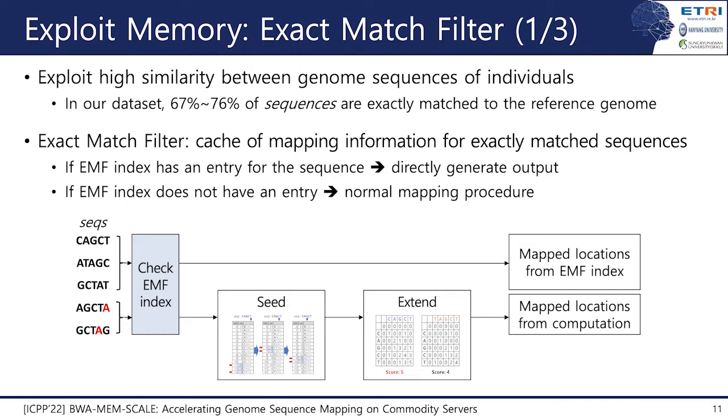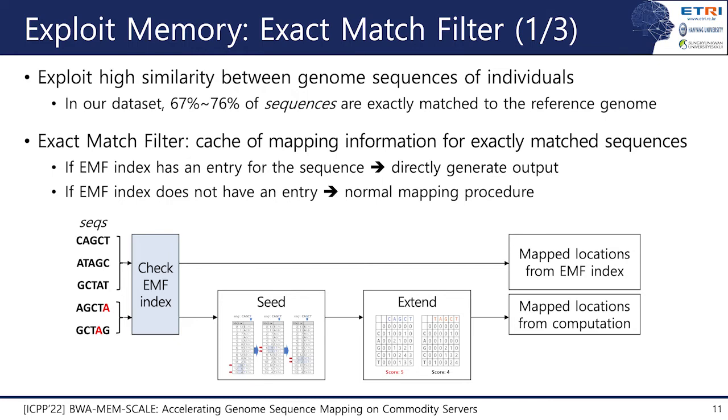On the other hand, if a sequence has some difference from the reference genome and the exact match filter index does not have an entry for the sequence, BWA-MEM-SCALE runs the normal seed and extend phase and finds the mapped locations. Since the exact match filter filters out the exactly matched sequences and skips most of the computations, it accelerates the